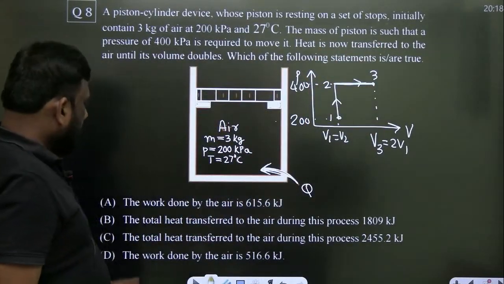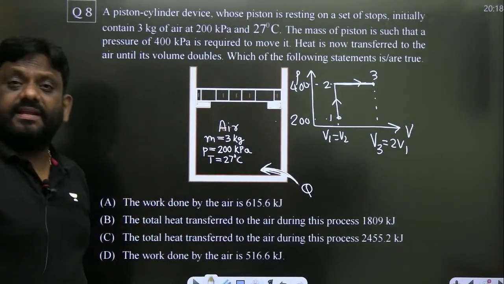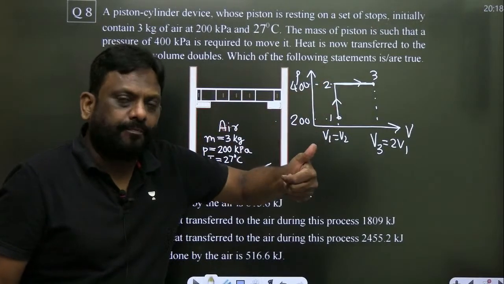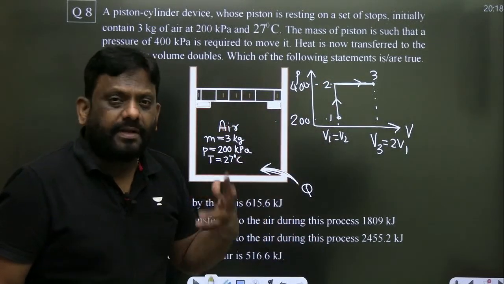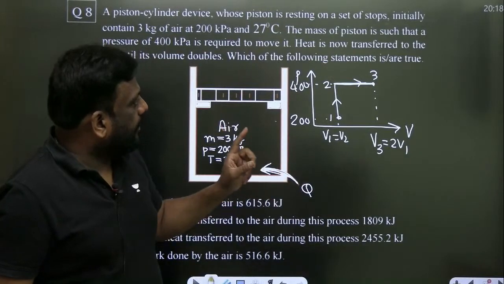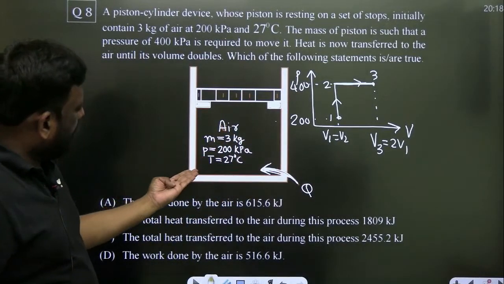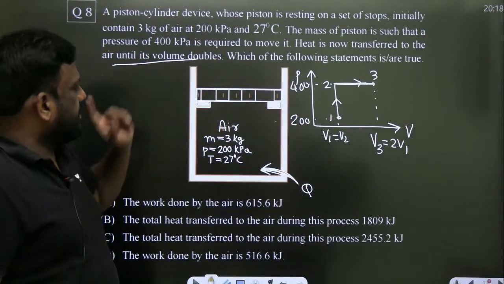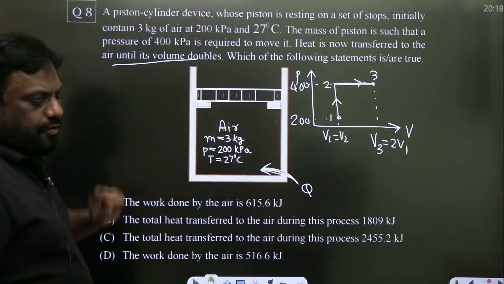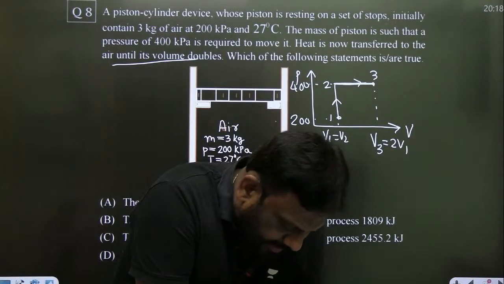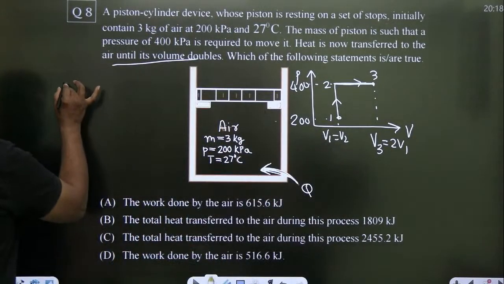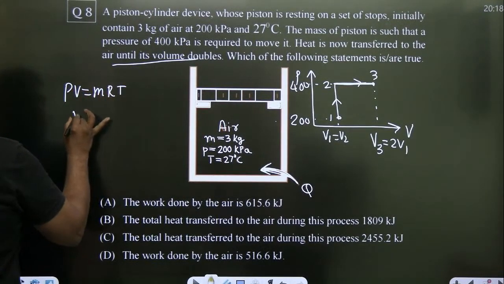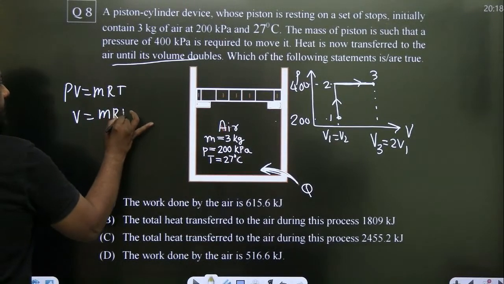Okay. The work done by A is, anyone in the class? What is the work done in 1 to 2? In constant volume, there is no work. So what is the work done in, look, we will calculate the initial volume, right? Until the final volume, how much was it? Until the final volume is doubled. Okay? So can I calculate the initial volume, sir? Look here, for the initial volume, PV is equal to MRT, so volume is equal to MRT by P.